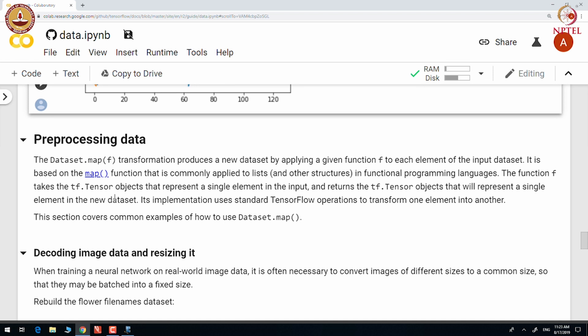So, we use a map transformation for applying a given function or transform to each element of the input data set. We can also use map function to apply arbitrary Python function on each of the elements of the data set.